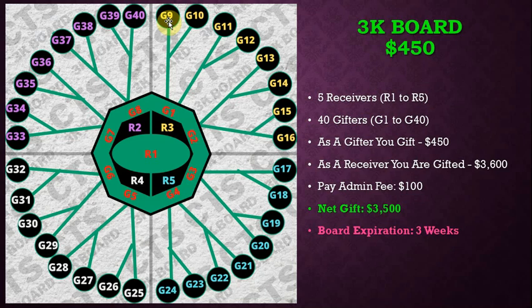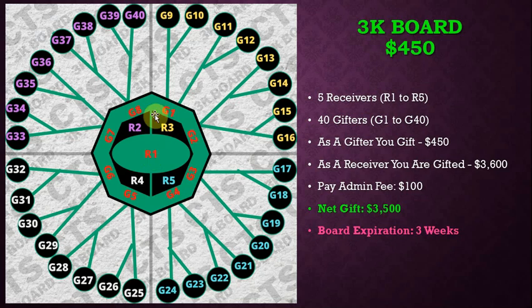Okay, so when you now enter the board, you'll be in a G position, and that's when you bring one new member. When this board is filled with all 40 members, the board splits and you will be placed in the core as a receiver on another board. And when you are in the receiver position on that new board, that's when you bring your second invited member. Okay,